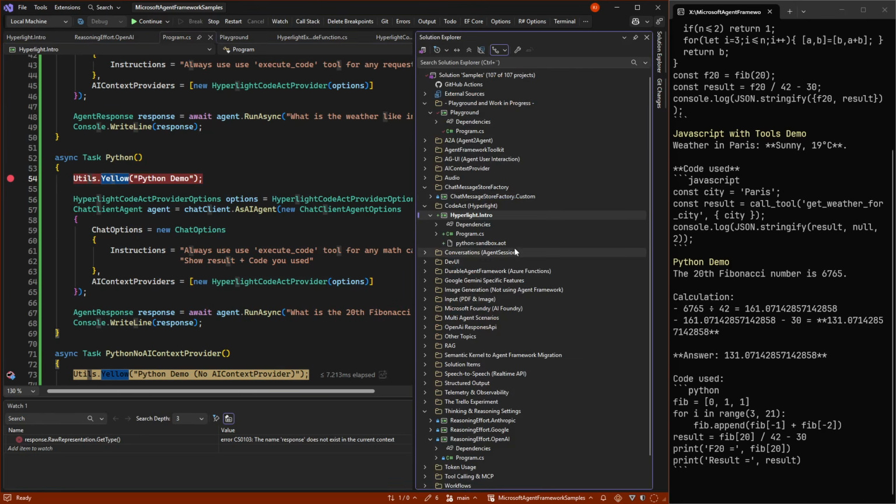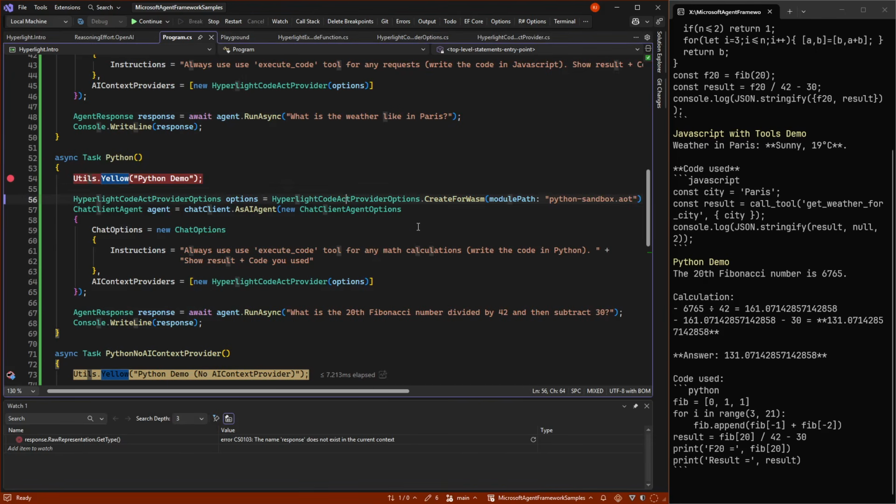So in my case, there's this extra file. It's 40 megabytes, so it's kind of big. And I can't guarantee that this works on every machine you have. So if it doesn't work when you run this, just ask an AI, make this file for me.